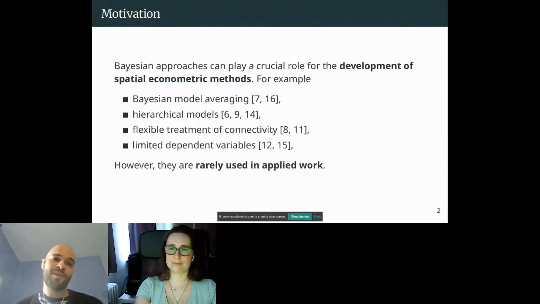So maybe to motivate this, first, I'm assuming you have an idea about spatial econometric models, but these are just kind of network models where you know the location and you assume you know the connectivity. So you have a very parsimonious way of estimating these network models and having a look at spillover effects. That can be very limiting, and so Bayesian approaches play a crucial role in developing them further. Examples include